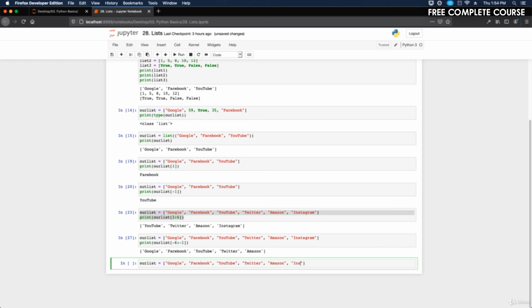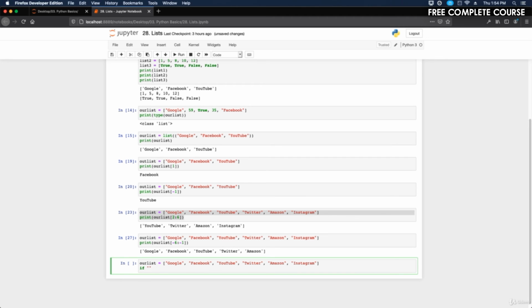And so what we're going to do is use the in keyword to determine if a specified item is present. Okay. So let's do our list and then we'll do if